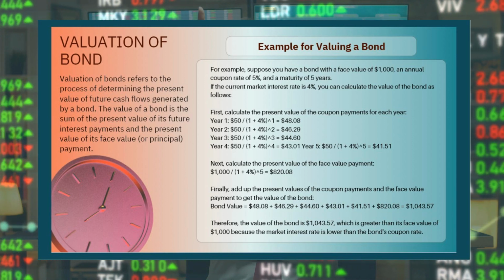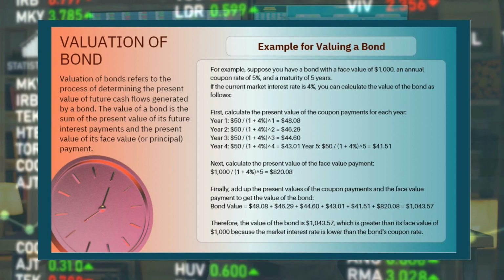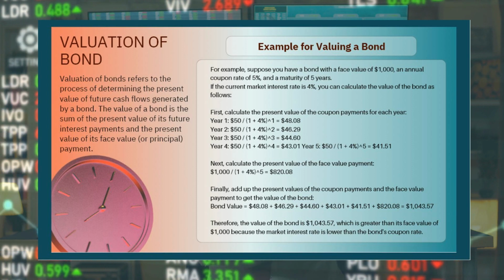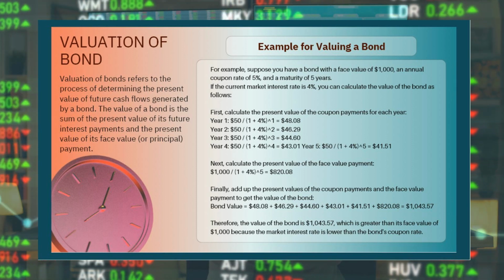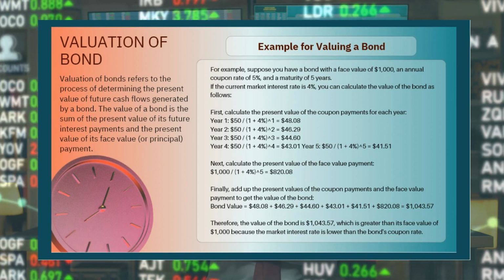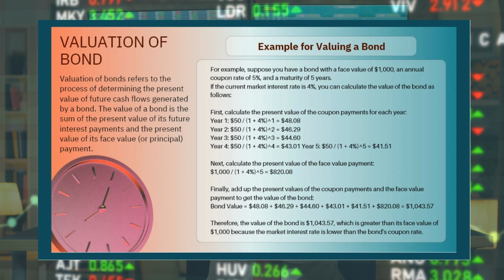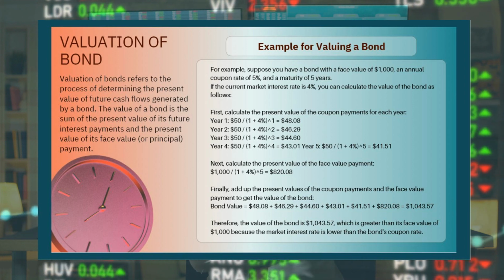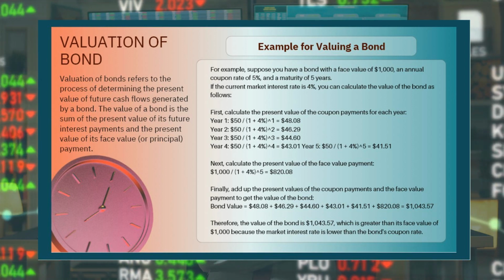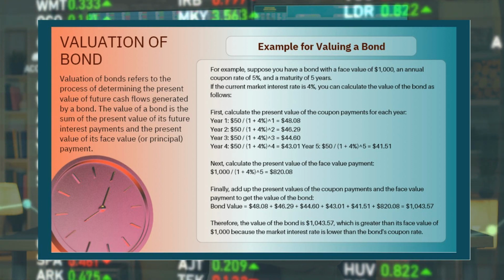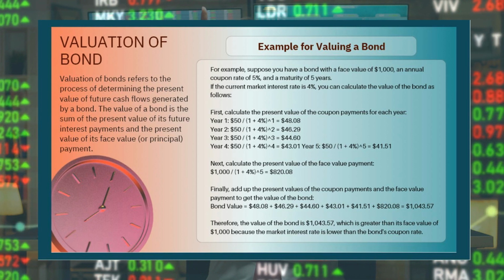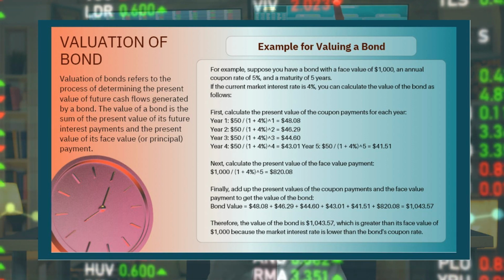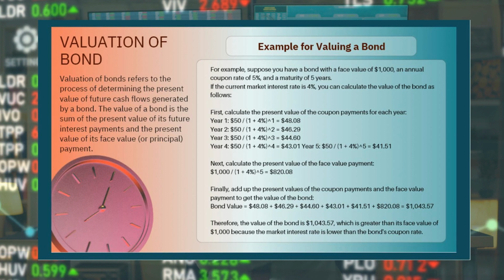For example, suppose you have a bond with a face value of $1,000, an annual coupon rate of 5%, and a maturity of 5 years. If the current market interest rate is 4%, you can calculate the value of the bond as follows. First, calculate the present value of the coupon payments for each year. In year one, it will be $50, the worth of the coupon, divided by (1 plus 4%) to the power of 1, which means that from your $50, you're going to receive $48.08. Then year two, $50 divided by (1 plus 4%) to the power of 2, that will give you